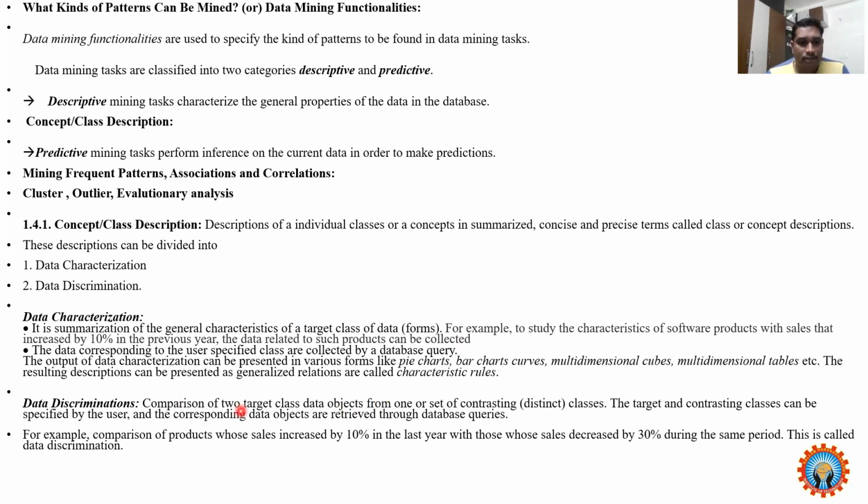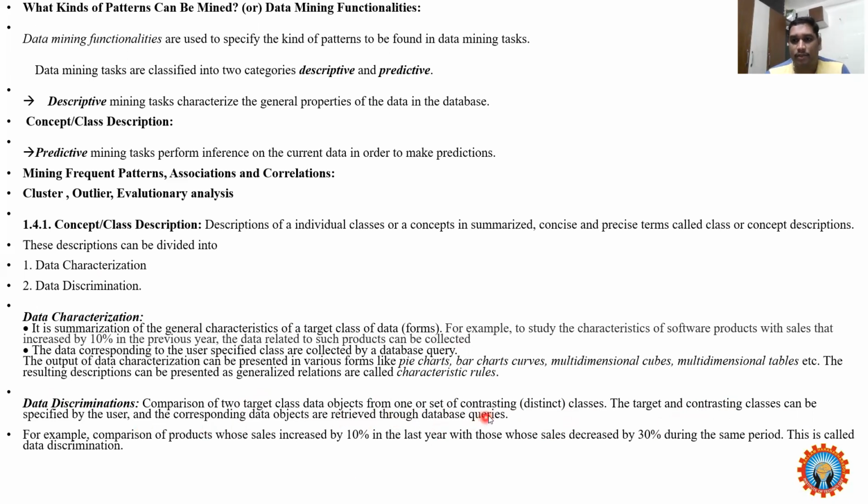Okay, comparison of two target class data objects from one or a set of distinct classes. Distinct means the two are distinct. Profit and loss are distinct classes. The target and contrasting classes can be specified by the user. Now I am specifying that I am calculating with either profit or loss, and the corresponding data objects are retrieved